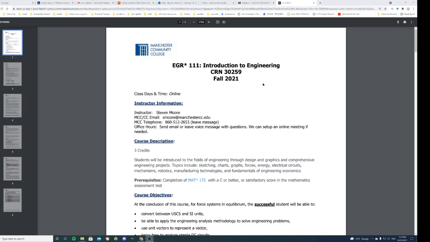Okay. So here's the syllabus, and you'll get to this through the syllabus link. This course is entirely online. There are no specific meeting times associated with it, but you should keep up with the material as we go along. You could expect between 5 and 10 hours a week that you should be spending on the course. It really depends upon your background and how quickly you can catch on to the material, in regards to how much time you really need to spend, okay?